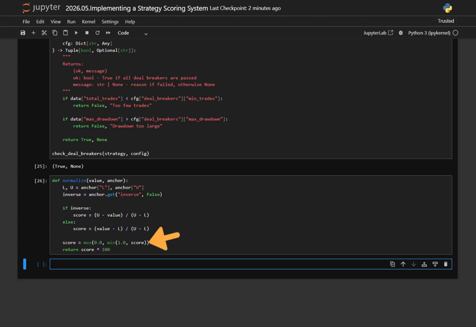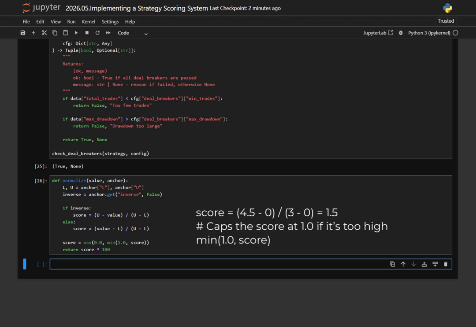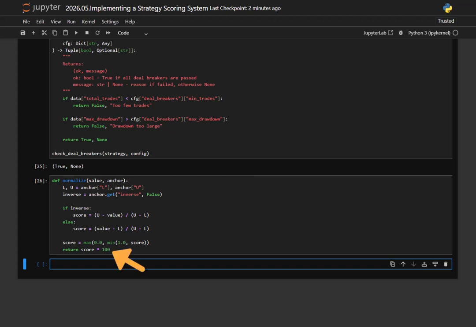And with this line, the values are clipped so that the ultimate score stays within the 100% range. Now these clippings will occur if the backtest scores are higher than the defined upper levels. Like for example, if a Sharpe of 4.5 is calculated, then you know that this is higher than the upper level, which is 3, and should be clipped to stay within the 100% range. The return line here multiplies the score times 100, so eventually every metric gets mapped to a 0 to 100